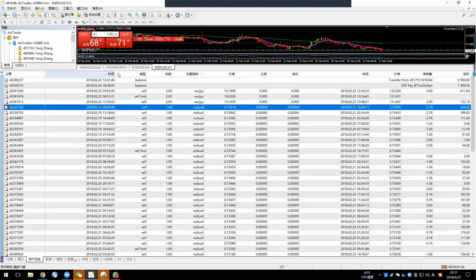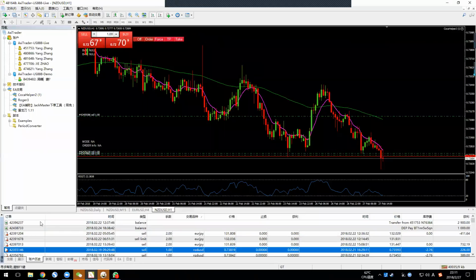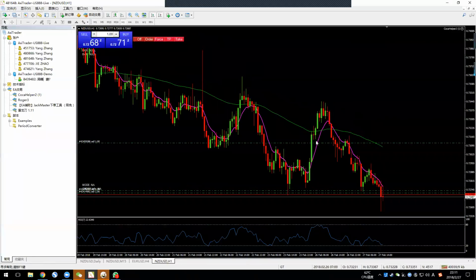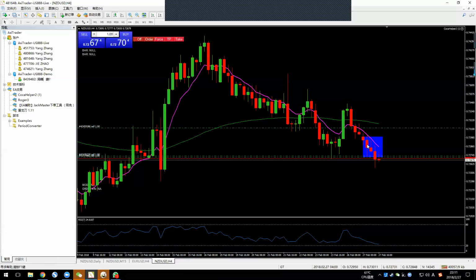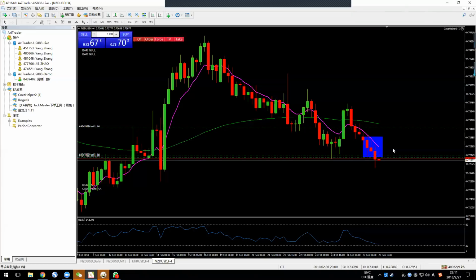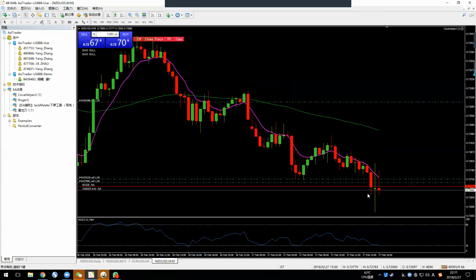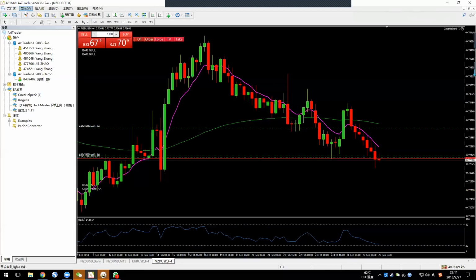Just now I took a profit because I'm shorting Kiwi. Can you see my position here? Just now there was a 4-hour inside bar breaking out here. Do you see this inside bar? So I shorted again. Now I think the price has some bounce, so I take some profit and let the rest go. Easy money, really easy money.